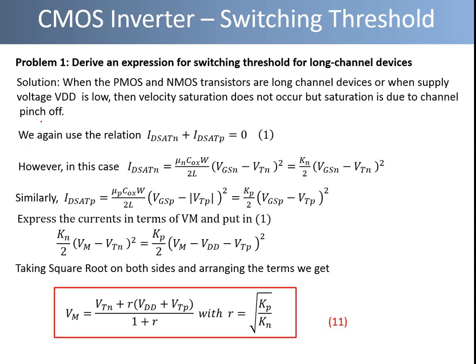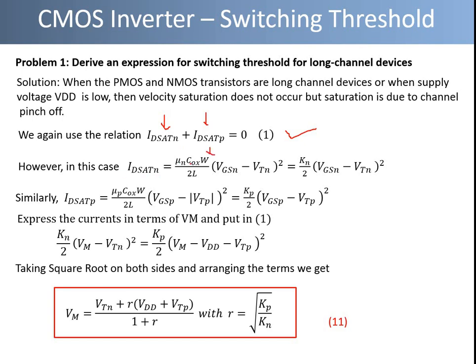So in order to obtain the switching threshold for long channel devices, we again use the relationship ID sat N plus ID sat P equal to 0, where these two currents correspond to the saturation current of long channel PMOS and NMOS transistors, and in this case they are obtained as ID sat N is equal to